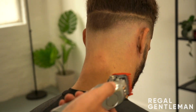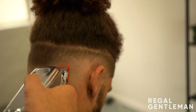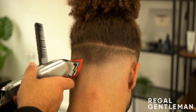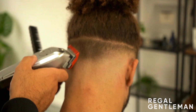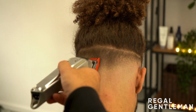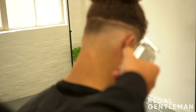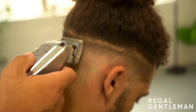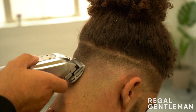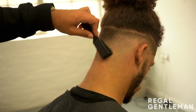Now moving on to our number 1 guard again, opening it all the way up, and then just softening out that number 1 guideline up into the 1.5. Working from side to side, connecting it all in now. And again, just refining with a 0.5 guard, just making sure everything's smooth and transitions in nicely. And just finishing up with no guard on there,